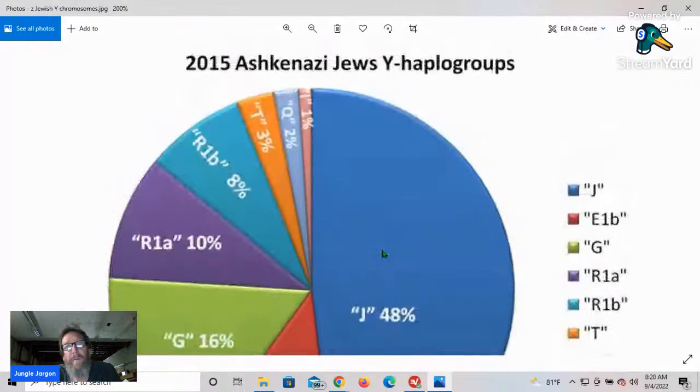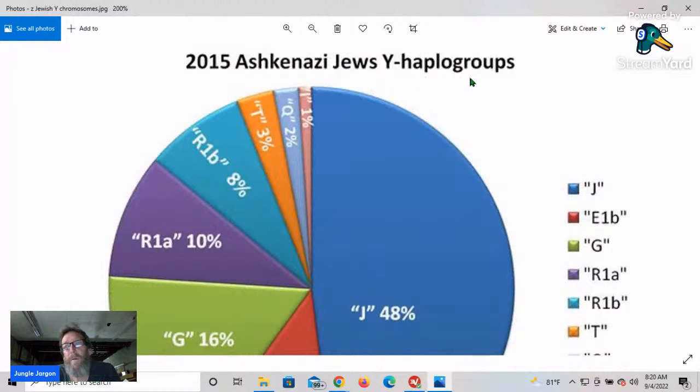Okay, and then in this population here of Ashkenazi Jews, 3% is T, 3%. Now, this is Dr. Jeanson's original Judaic population, supposedly. But I'm going to explain this 3%, which I've explained before,